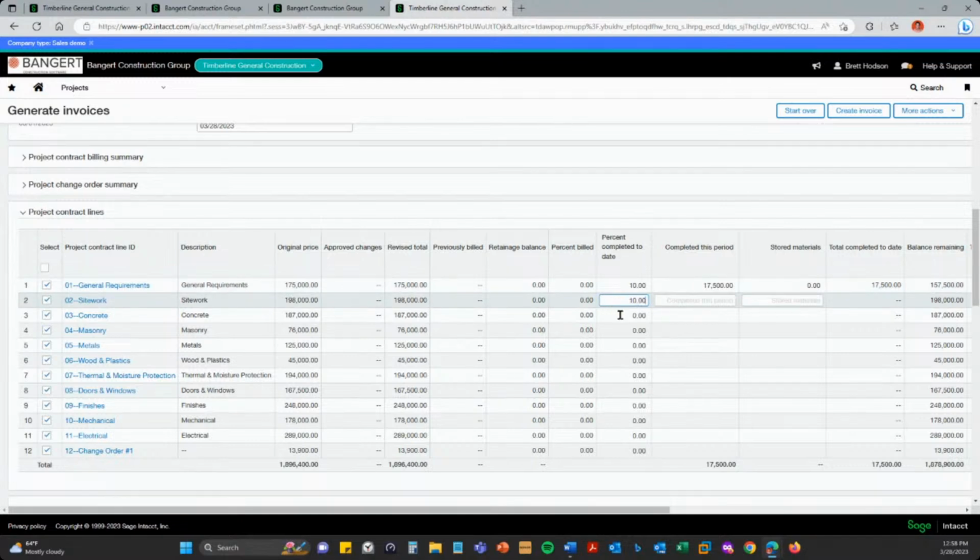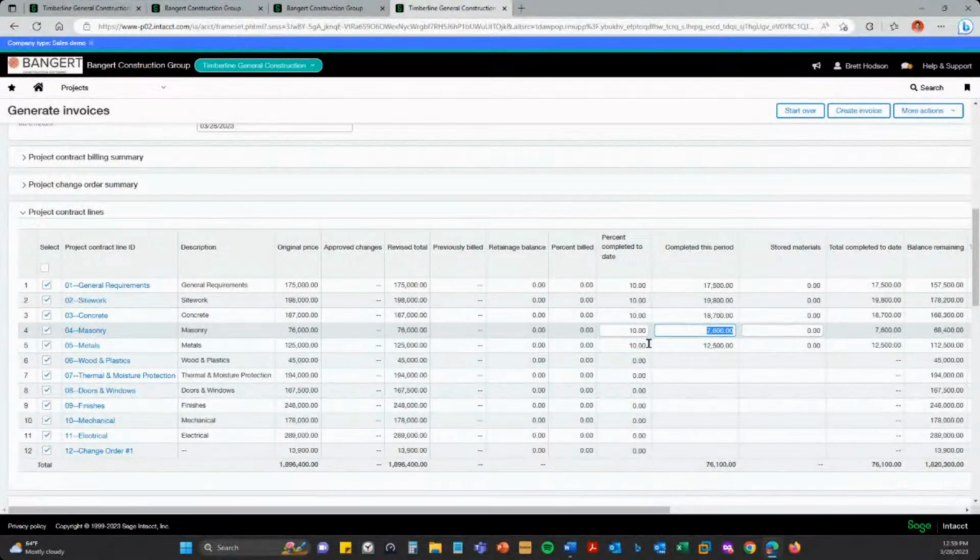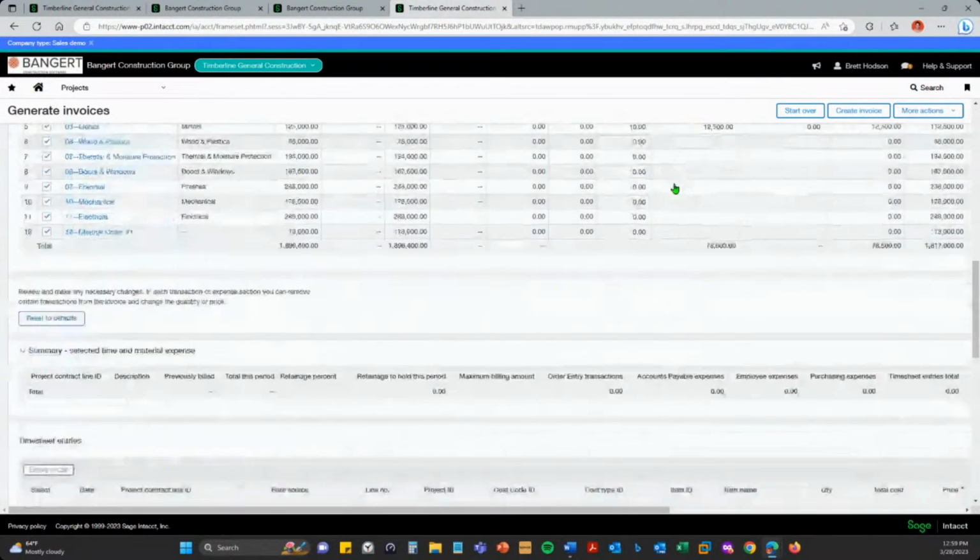Let's say I'm just going to do 10% across the board here. And if I wanted to go in and adjust something, let's say we want to make that an even $10,000, you could certainly do that. It's just going to recalculate the other items. So we can click Create Invoice right here.